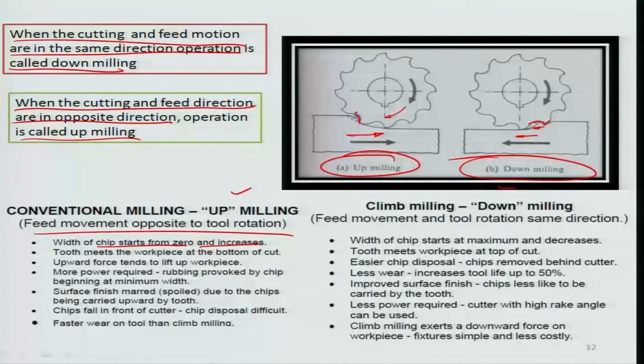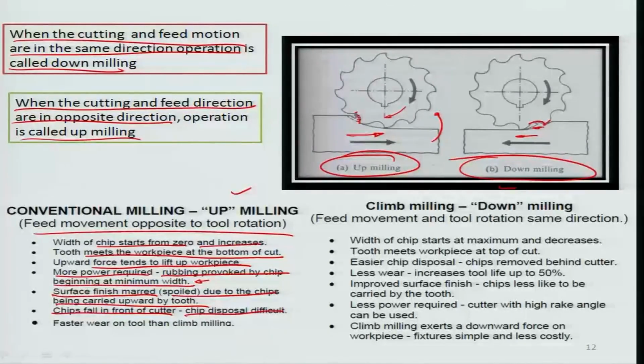The tooth meets the workpiece at the bottom of the cut. Upward force tends to lift the workpiece, so there is a tendency of the workpiece to go up because of the engagement, and therefore more power is required. Rubbing is provoked by the chip beginning at minimum width, and the surface finish is marred or spoiled due to the chips being carried upward by the tooth, and chips fall in the front of the cutter. That is another problem in this particular case,